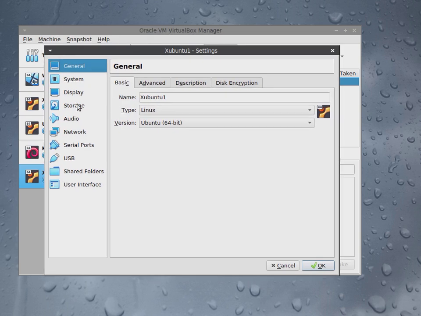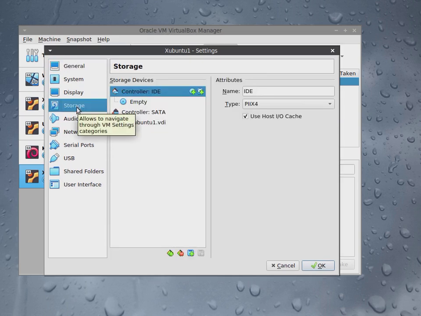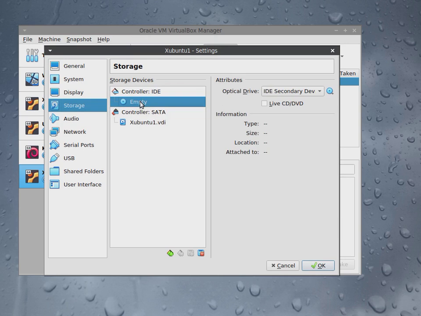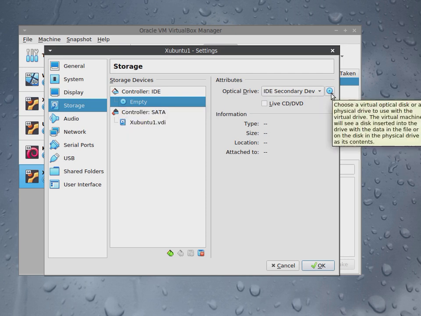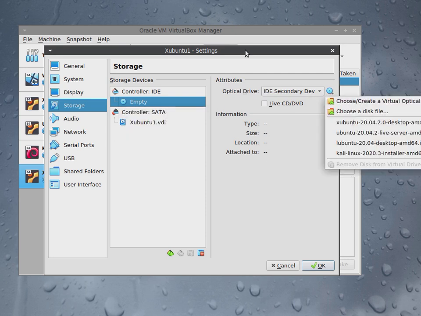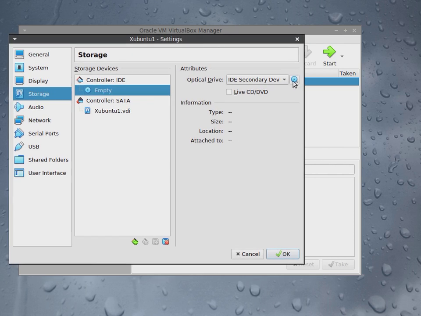And here you choose entry storage, and you say that you will insert a virtual DVD disk inside this machine. So you go to storage and choose the controller IDE. You don't care about this. What you care about is this CD or DVD icon here. And now it's empty, but you choose it clicking on this icon here